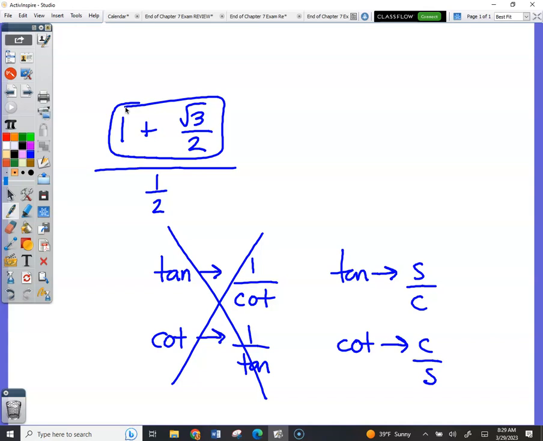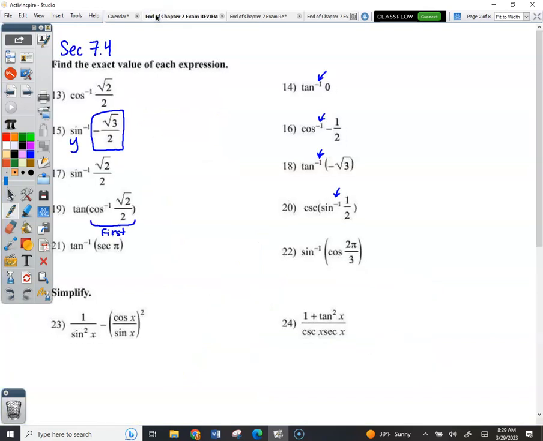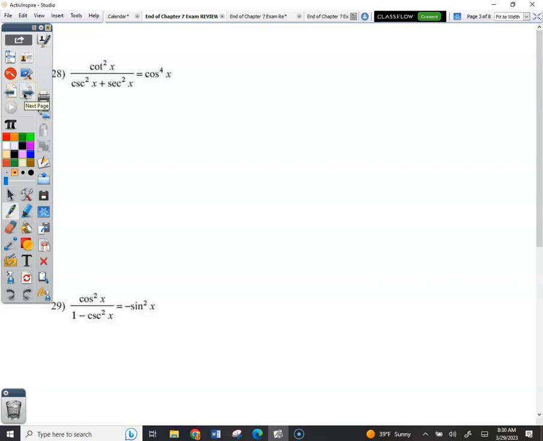Yes, Josh? Do you need to do more? Okay. I worked the left to get it to the right. Have you started on the left? Yeah. Did you change cotan to cosine squared over sine squared? Yeah. Okay. On the bottom, did you change